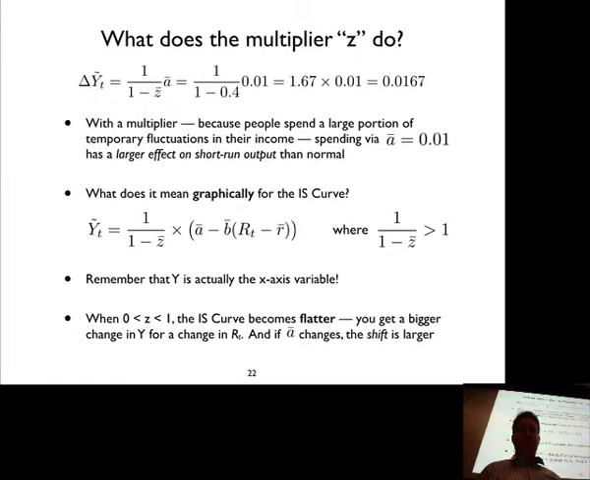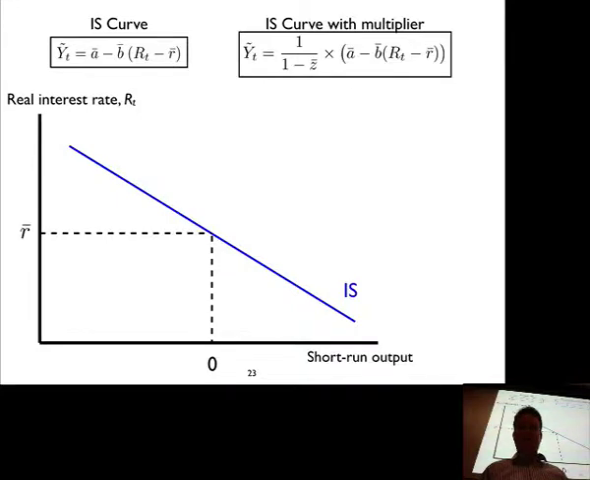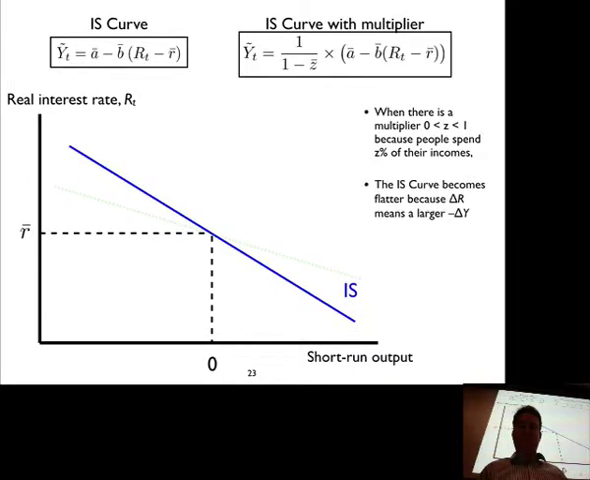You get a bigger change in output for a particular change in the real interest rate, and you also get a bigger jump in the IS curve for a particular stimulus. If government decides to spend more, that's an increase in A bar, it's a shift in the IS curve, and you get a bigger jump from that, but also monetary policy is going to be affected by it. So here's the original IS curve. When you've got the IS curve with a multiplier, because people are spending some share of their temporary incomes, then you see this kind of thing happening. The IS curve is flatter. So for a particular change in the real interest rate, you would see